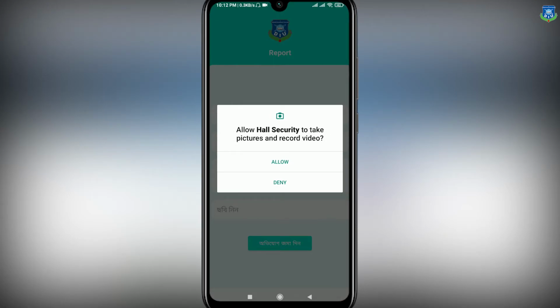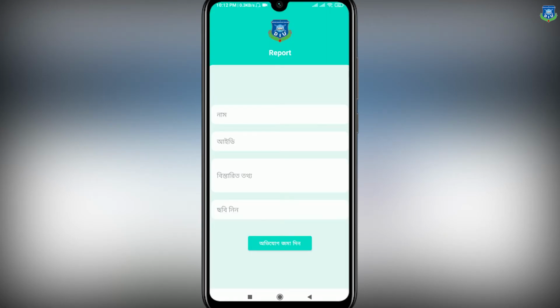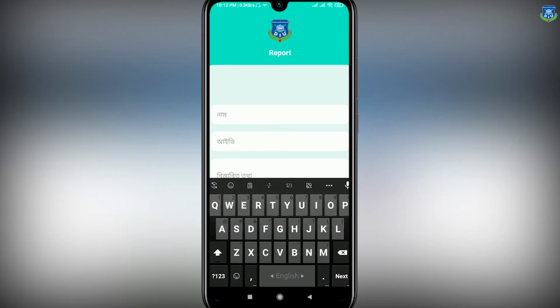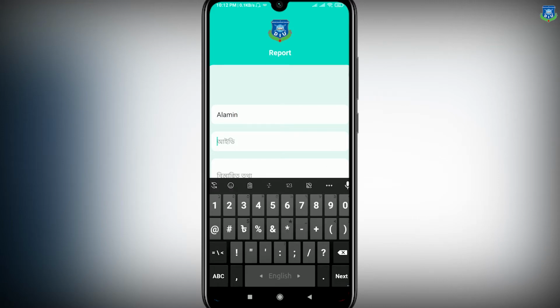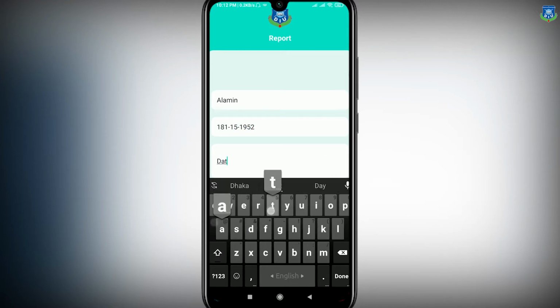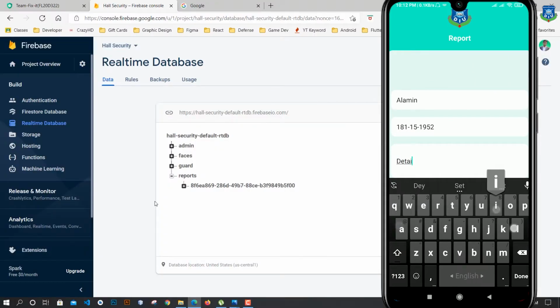And here we have also another option, that is Obhijog for report, and we can report from here. We will give a name, and here are our details.